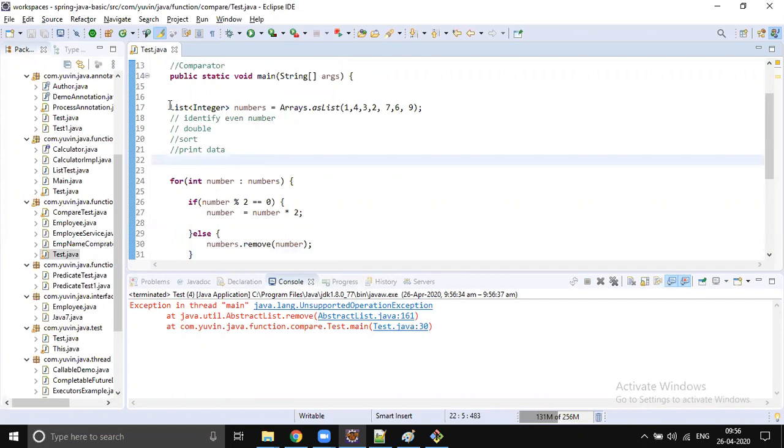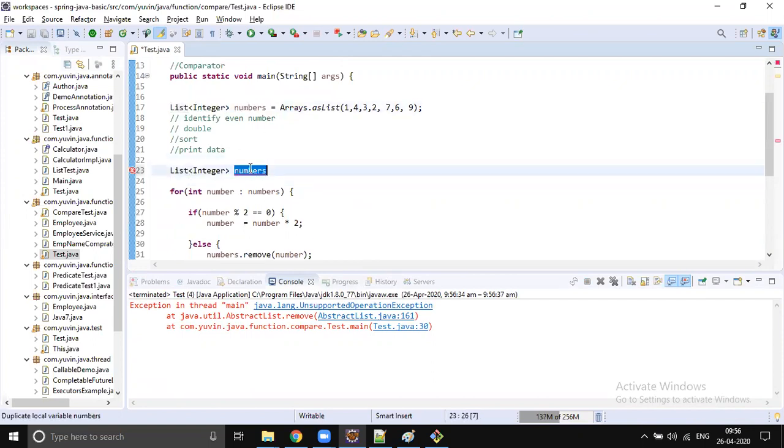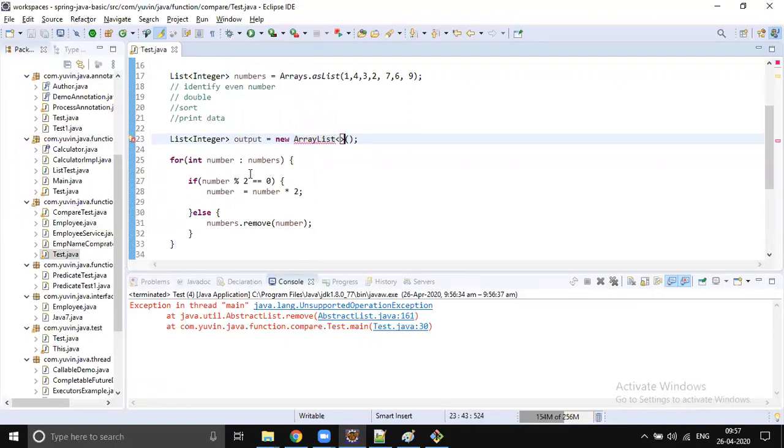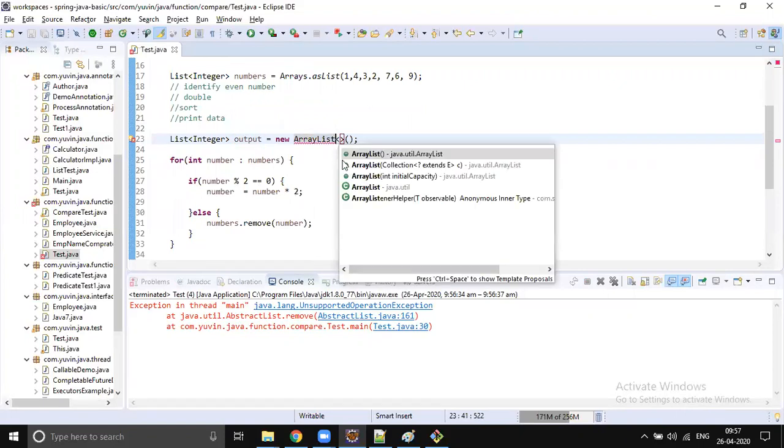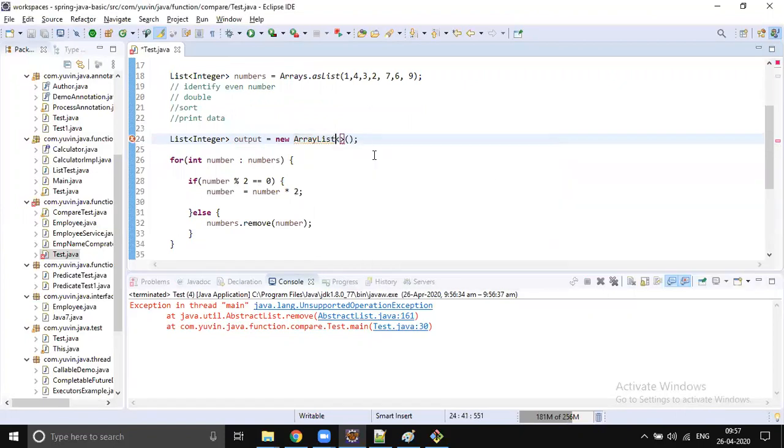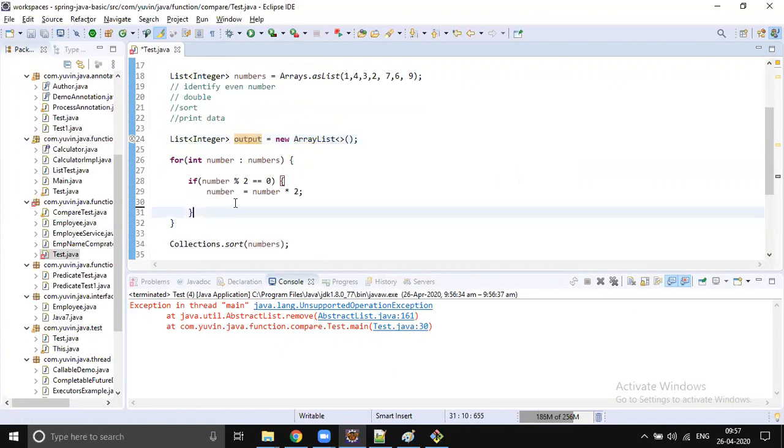So what we will do, we will create another list, right? Output equals new ArrayList. Whenever we want to modify an existing list, it's always better to use a new list or iterable, right? Older version of iterable. Otherwise, you will get concurrent modification exception. Okay, ArrayList. And instead of modifying an existing list, I go for a safe operation,